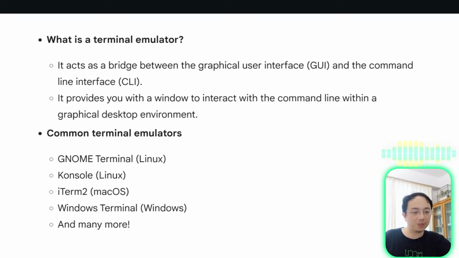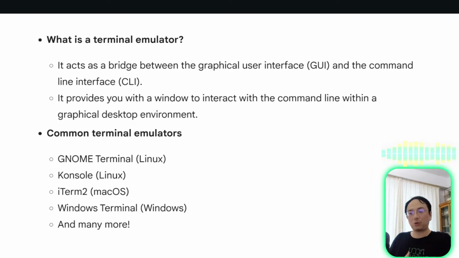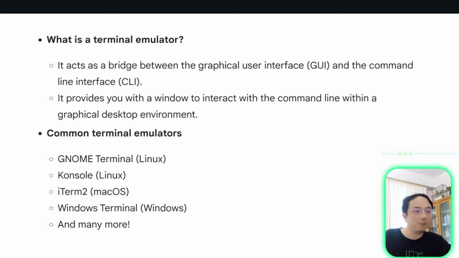There were some predecessors, but X is the one that became popular and people use. Now there's a successor that replaced X in most Linux systems, called Wayland. That's a different design, but the X system is designed with a client and server architecture in mind. So that is also a terminal. So terminal is not entirely restricted to the concept of text interface, but people use a lot of